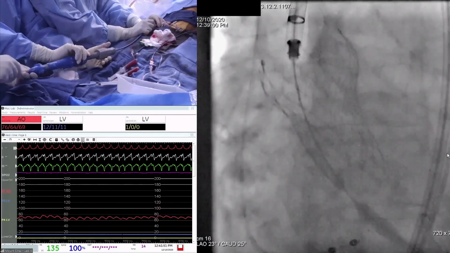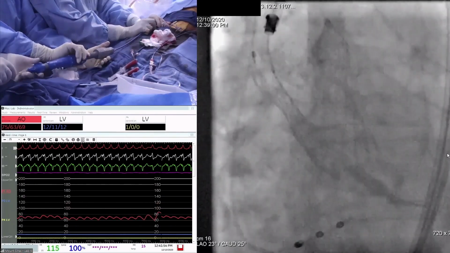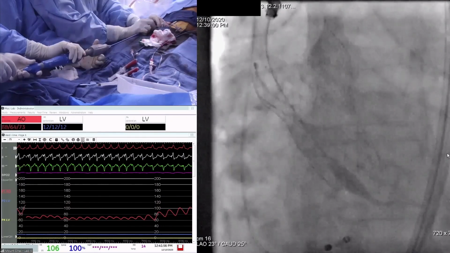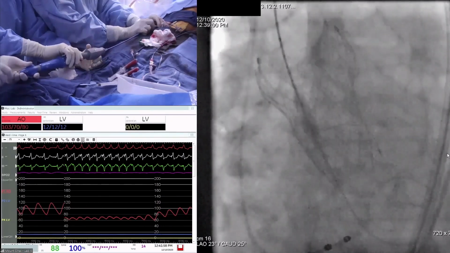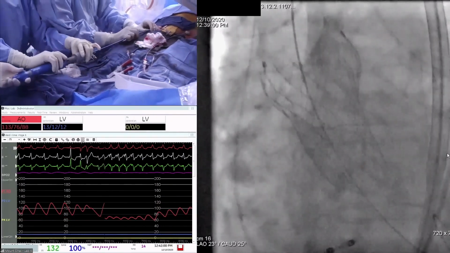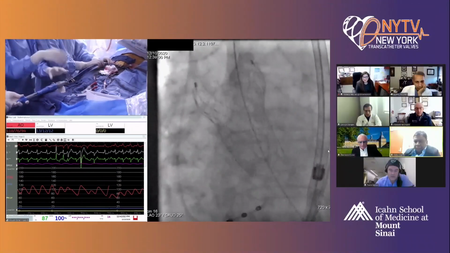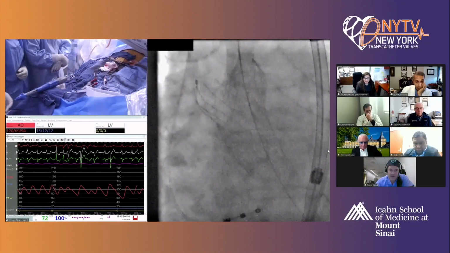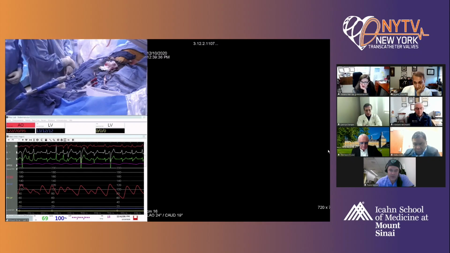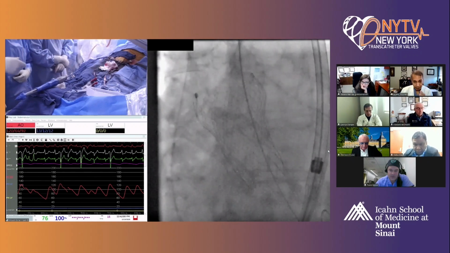Well, it moved up. At 150, the valve moved a little bit. Did you see that, guys? Watch the wire, please. The valve is just very borderline. It's a zero deployment at 80. It is a supraannular, but that's okay, as long as the valve has not moved up. Basal hypertrophy also. It's a small LVOT.